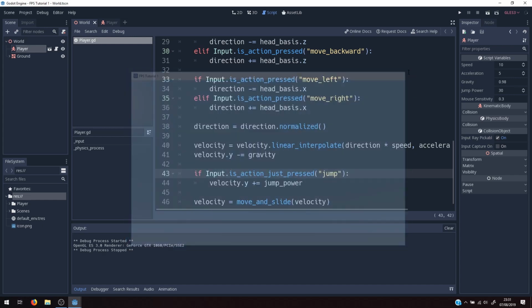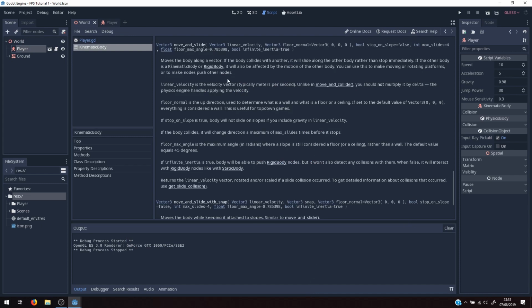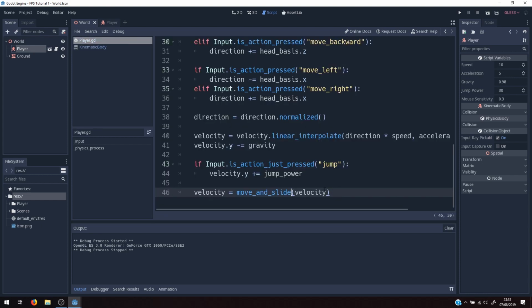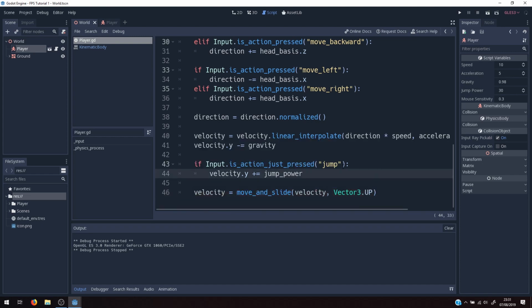So final tweak here is that as part of this move and slide, if we go to the documentation for this, you can see that basically it accepts a floor normal vector. Now what that allows us to do is if we specify that floor normal vector, we get access to a couple of really handy functions, and I'll show you that in a second. So we're going to pass in this floor normal vector. To do that, we're going to say Vector3.up. And now it means we have access to this function called is_on_floor. So we can say and